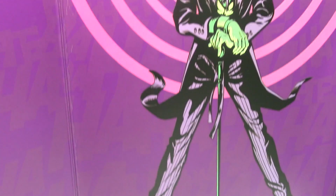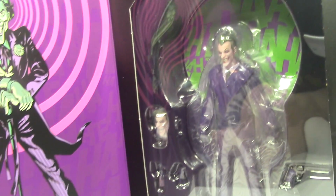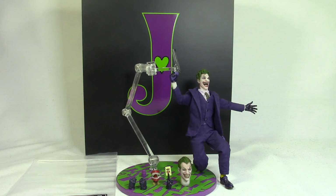Aside from that, you can see here everything it comes with. I'll get into details in a second, but I do want to say that it is a little underwhelming. The Green Arrow, Mezco figure, Batman, and even Captain America all came with more accessories than Joker. Captain America probably being kind of the closest to Joker in terms of how many accessories he came with, but